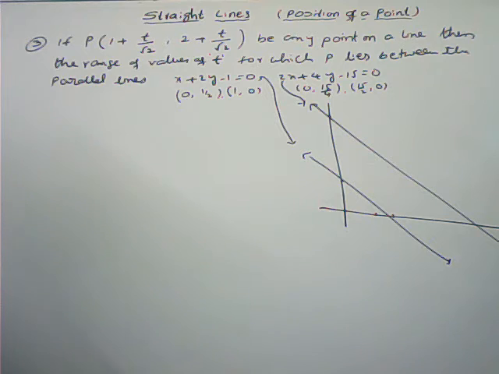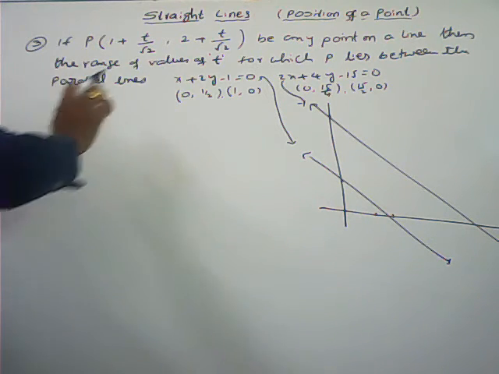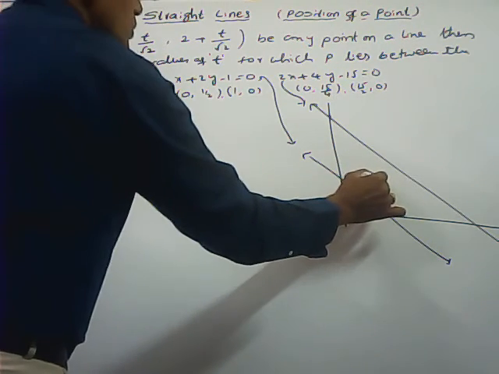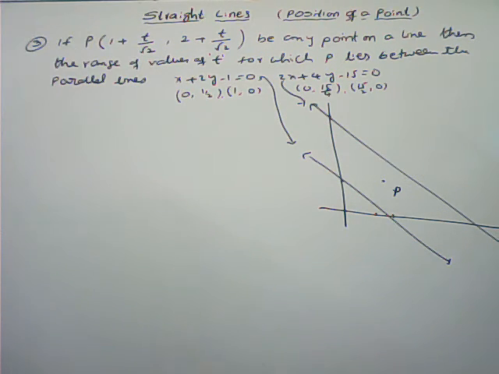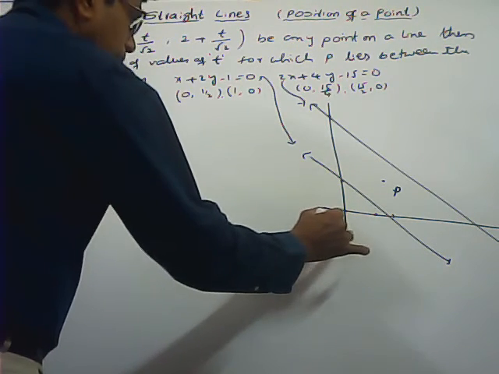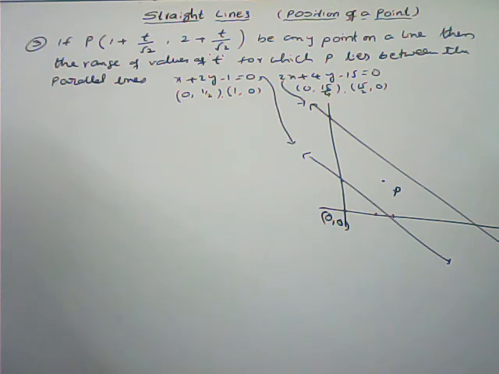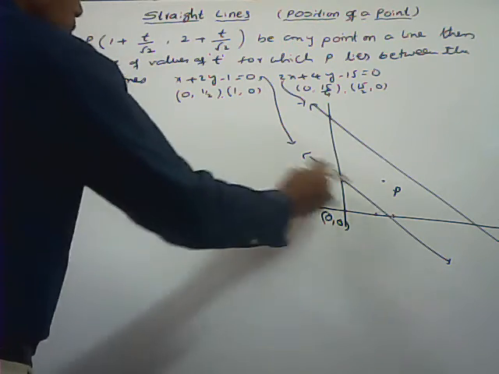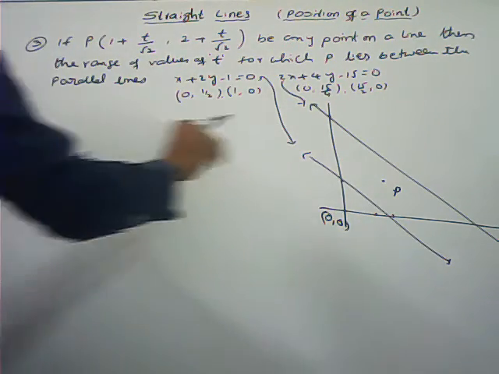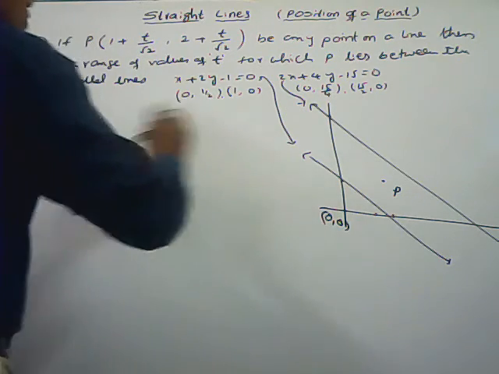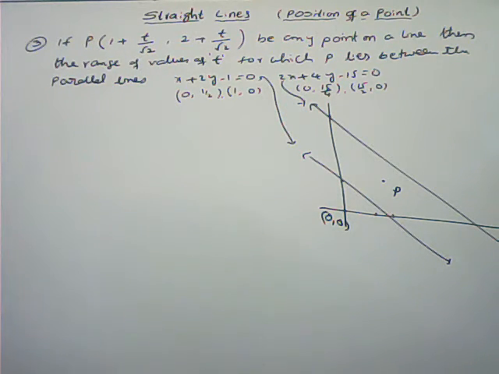Now what they are saying here is: for any point P, find the range of values of t for which P lies between both the lines. But here, how do we get the inequalities? Now take one more point. Here I am taking the origin. The calculation is very simple. You can take any point in this region or that region, but the calculation takes some time. If I take 0 comma 0 instead, it is a very simple calculation.